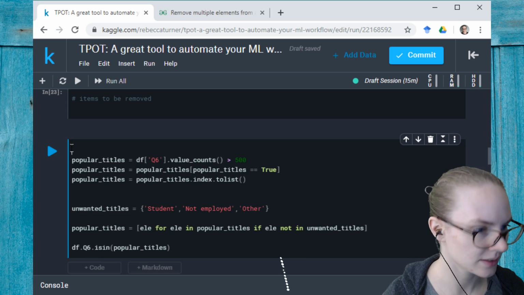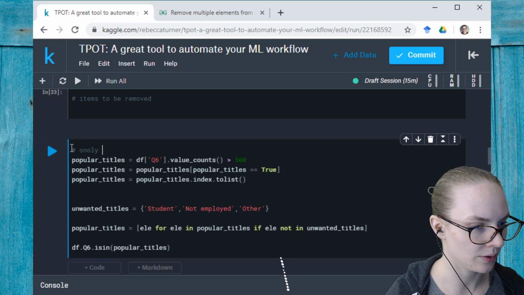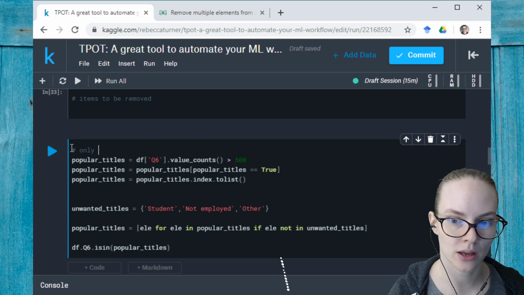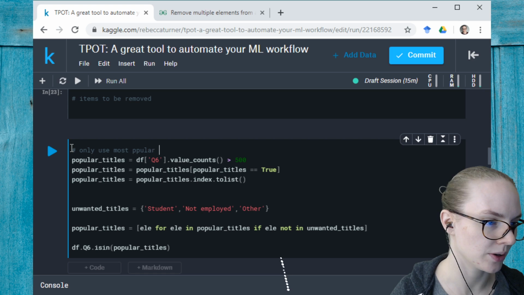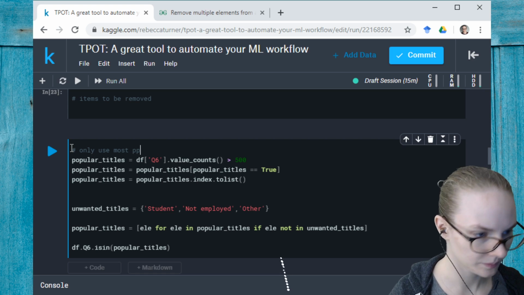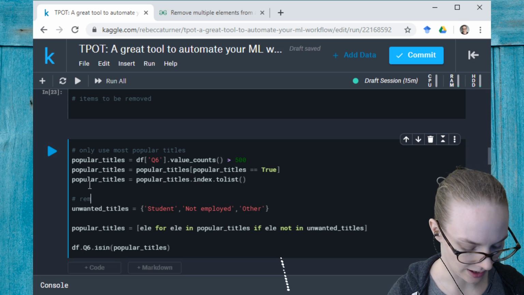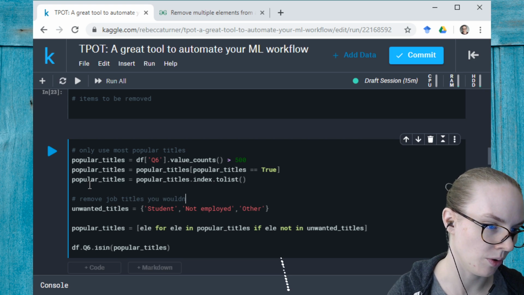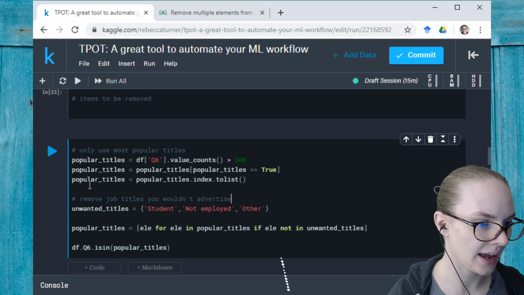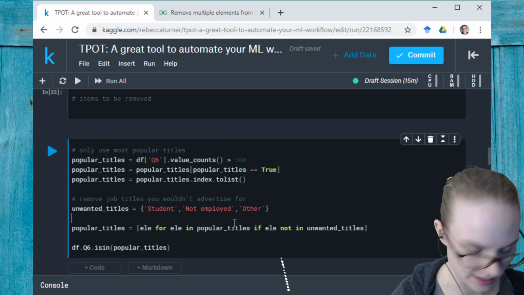So let's make sure, why are we doing this? Only count, only use most popular titles, and then remove job titles you wouldn't advertise for. Excellent, and then